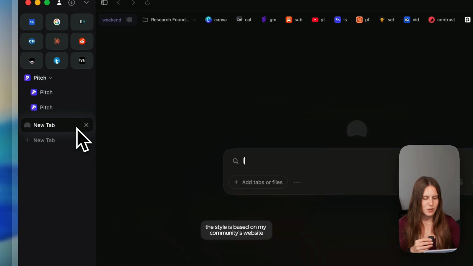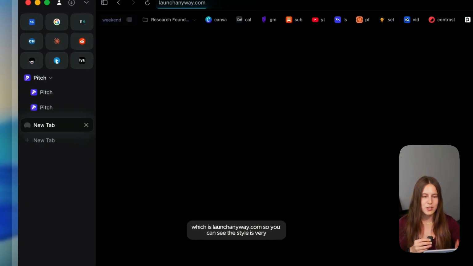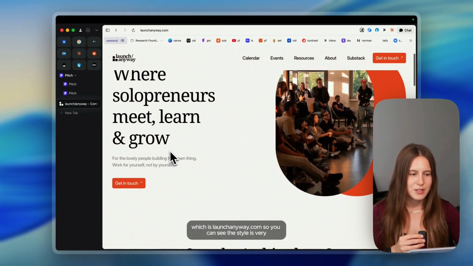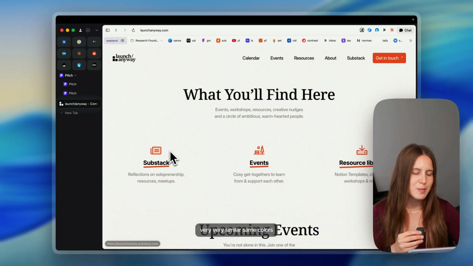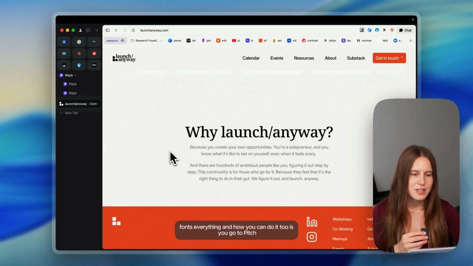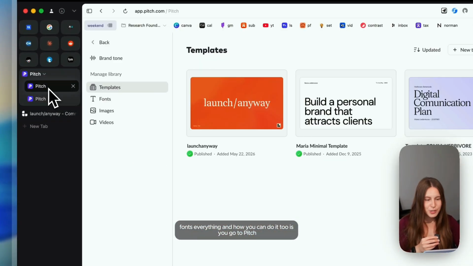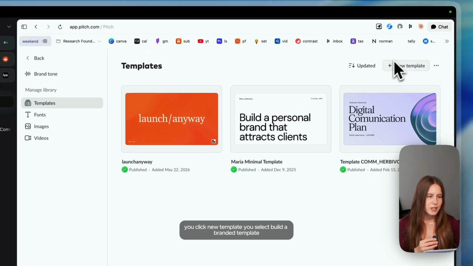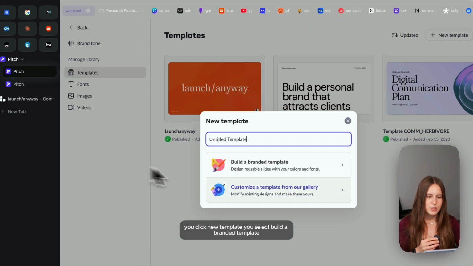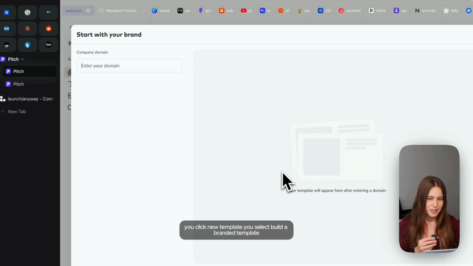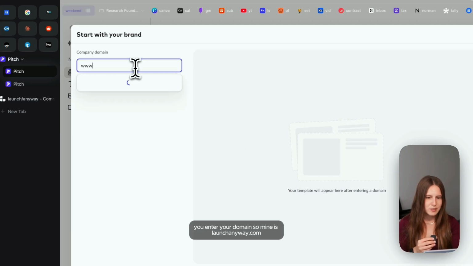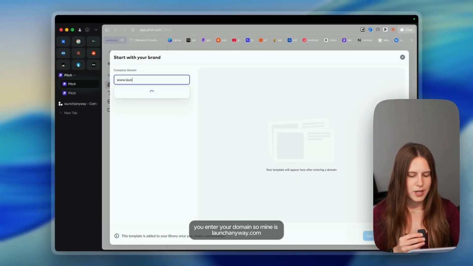The style is based on my community's website, which is launchanyway.com. So you can see the style is very, very similar, same colors, fonts, everything. And how you can do it too is you go to Pitch, you click New Template, you select Build a Branded Template, you enter your domain, so mine is launchanyway.com,